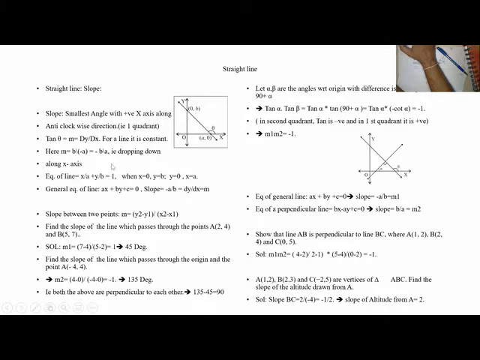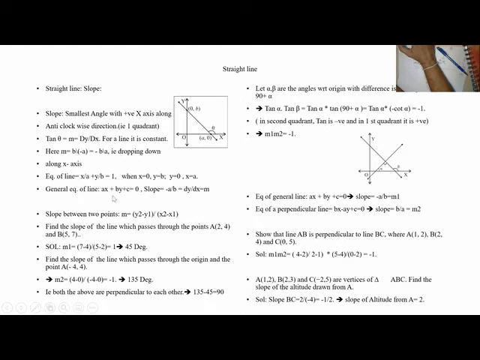Is it dropping down? Suppose your equation of a line is x by a plus y by b equals 1. When I put x as 0, y is equal to b. That means it is the intercept on the y-axis. When y is 0, x is equal to a, the intercept. So this is a representation of a line. When I have 2 points, I can extend the line to any extent. So how to make a line? I need 2 points. With 1 point, I can make an infinite number of lines, but with 2 points, I can make only 1 line. So this is a form of representing a line with respect to intercepts on the axes.